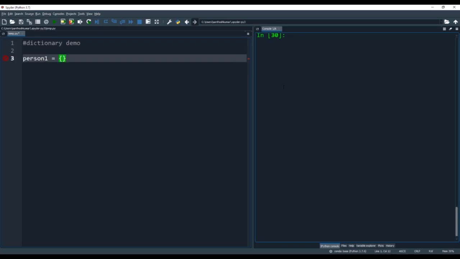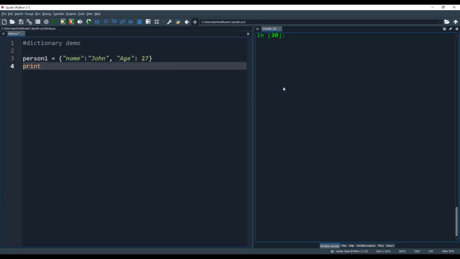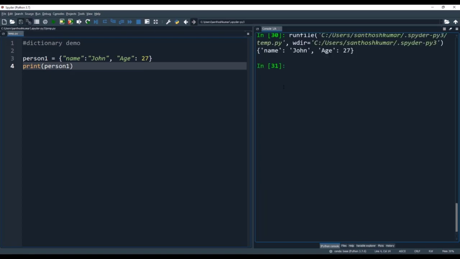Here I am assigning a dictionary to variable person1, and the dictionary has name and age elements in it. The name here is John and the age is 27. I am printing the person1 variable, and as you can see in the console, the name and the age are displayed.